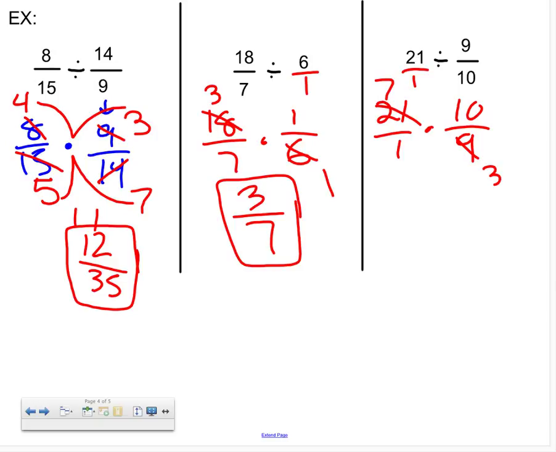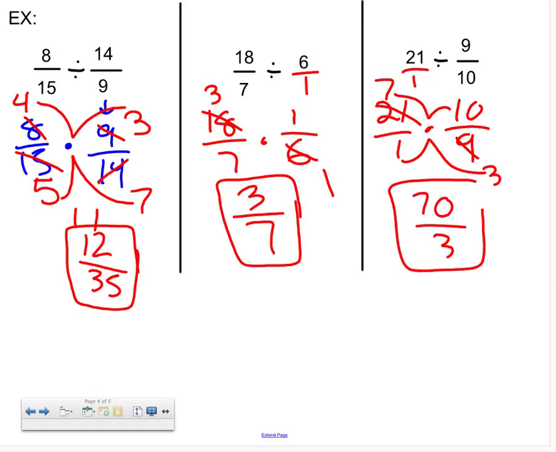So 7 times 10 on top. 7 times 10 is 70. 1 times 3 is 3. So I have 70/3 as my answer. Again, if you can multiply, you can divide. All you have to do is memorize one extra step, and the extra step is to simply flip the second